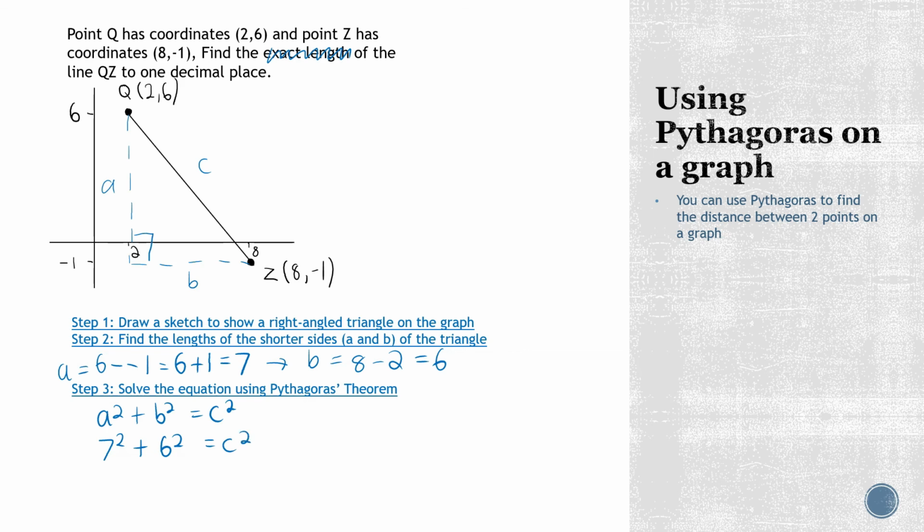And then 49 plus 36 equals C squared, which equals 85. And now we square root both sides, so C equals root 85, which, giving the answer to 1 decimal place,